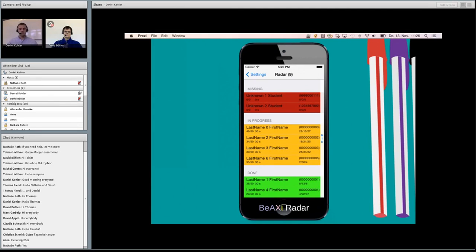And you get additional information there about the traffic light system I introduced earlier, about the level of certainty.